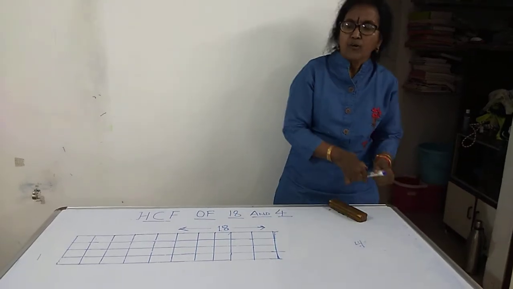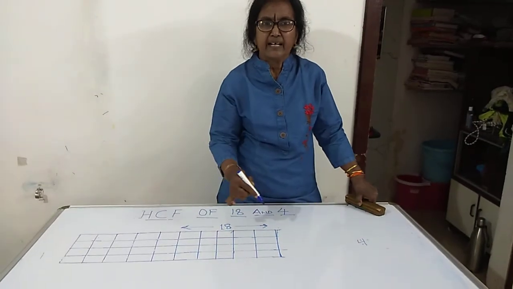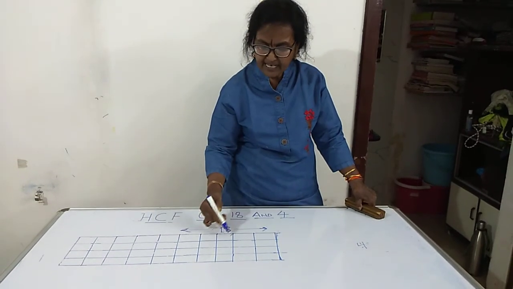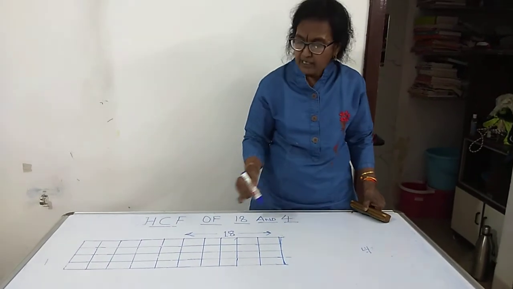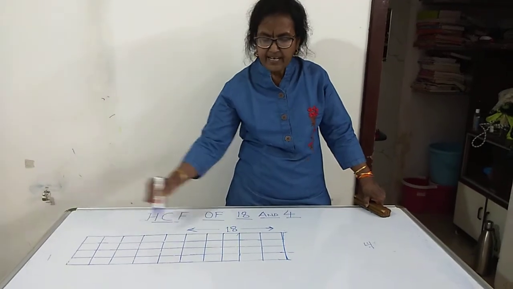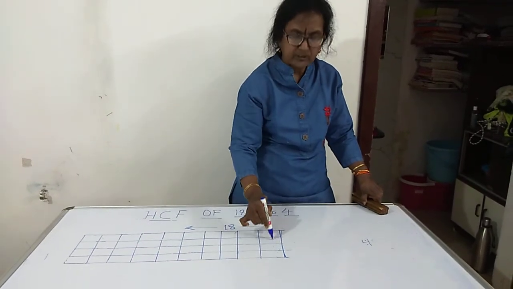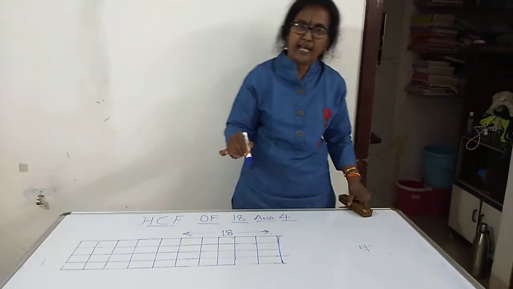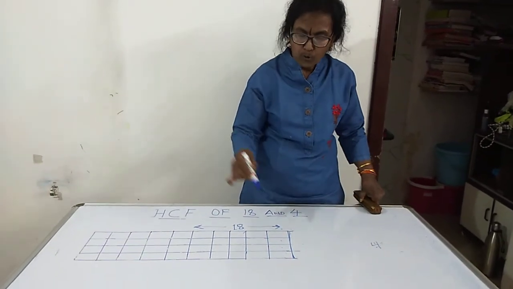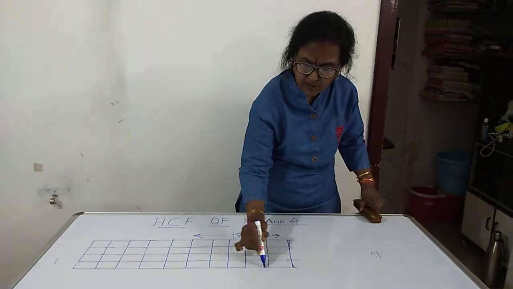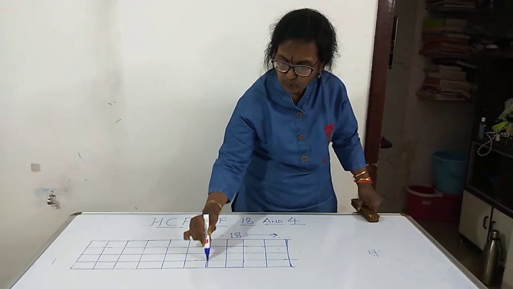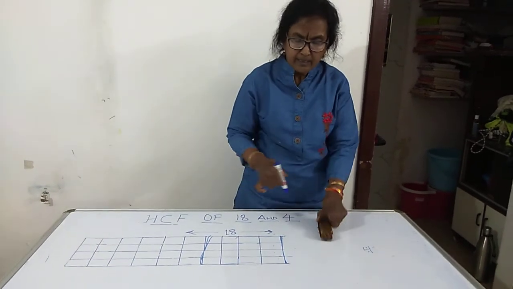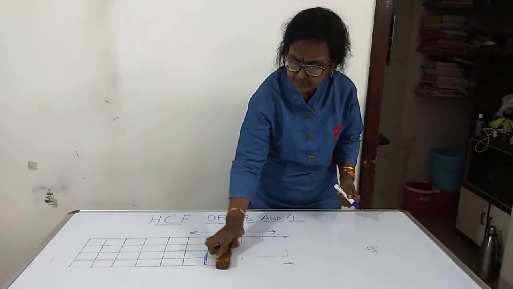Now out of 14 we have again deducted 4. So remaining will be 1, 2, 3, 4, 5, 6, 7, 8, 9, 10. Now we are having 10 this way and 4 this way. 1, 2, 3, 4. 4 this way, 10 this way. Again I want to make a square of maximum length 4. So for this, again 1, 2, 3, 4 this way. So this is again a square of maximum length. That's why we'll again rub it.